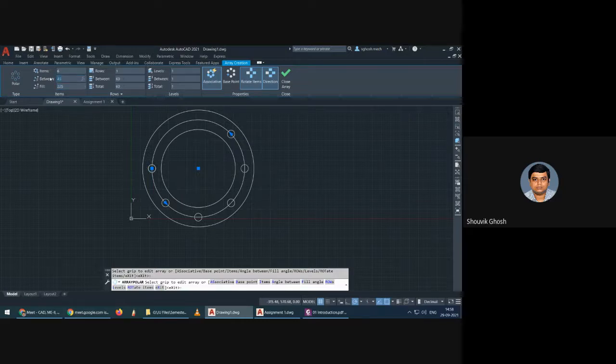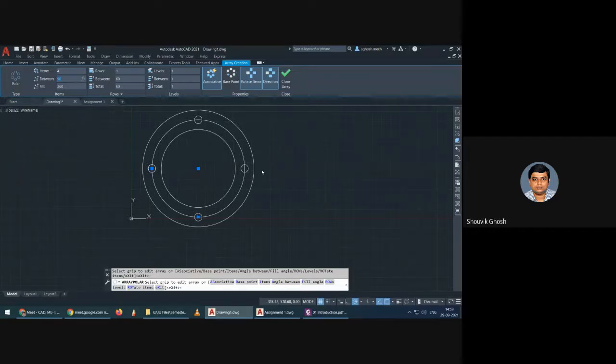Even if suppose this is 90 degrees, then it should actually overlap, so it will not show, because when it is overlapping you don't need that many, right? So you can just make it 4 and it will automatically be at 90 degrees, right? So you have to do the math based on the number of items and whatever the angle of fill is.